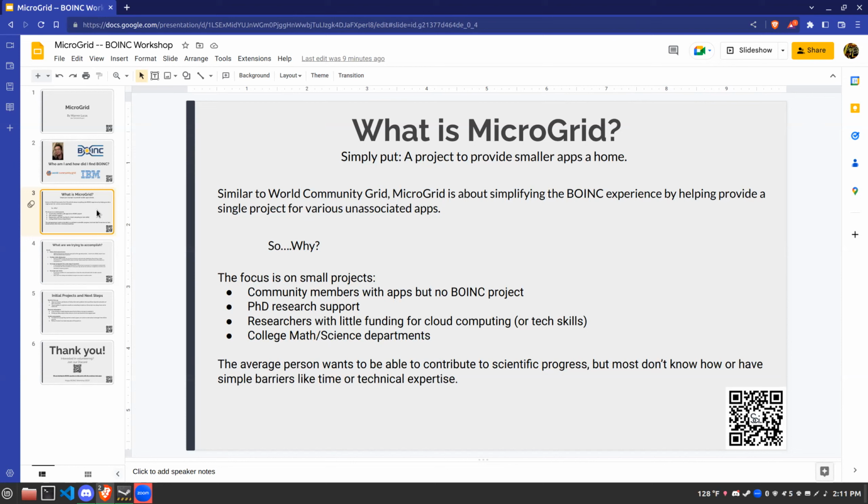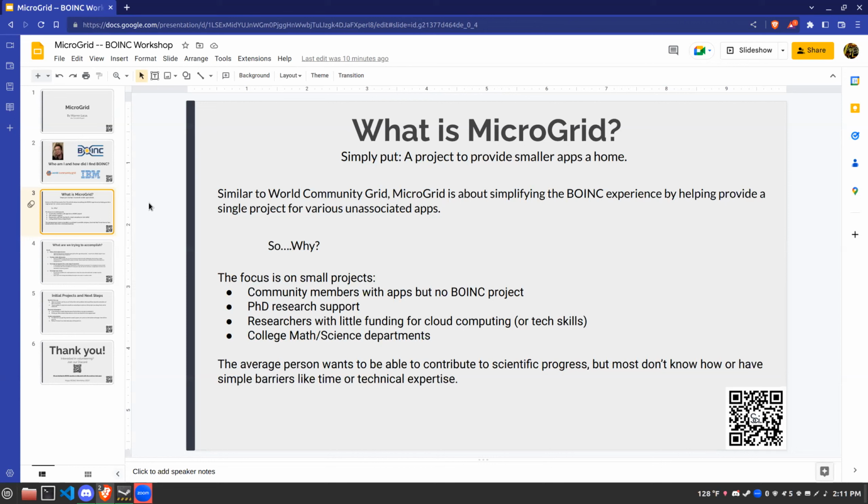The average person, the average friend, honestly the average person on this call, realistically, and the BOINC census have confirmed this, has an idea for what they want to do. They have math problems. They would say, you know what, really cool theorem. They have proteins that they would say, I'd really love to try and find out and fold. I have these conjectures. People have ideas and people have things they want to solve, right?